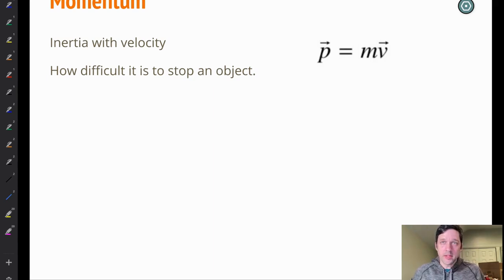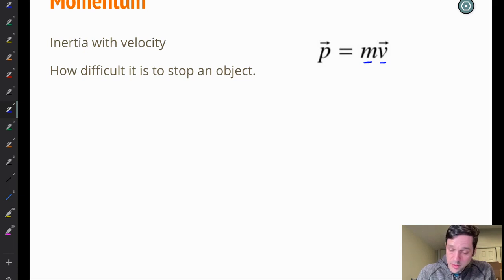So we're going to start talking about momentum and impulse to kick off this momentum unit. To start off, the concept of momentum itself is just to say that it is inertia with velocity. The equation for momentum is very simple, very straightforward. It is mass times velocity. The letter P,